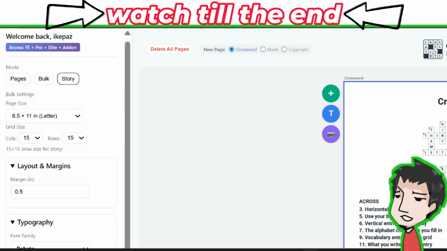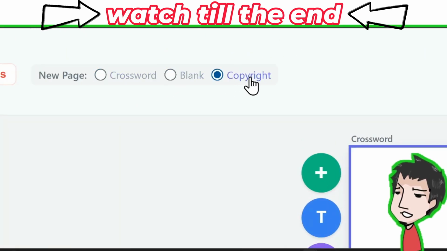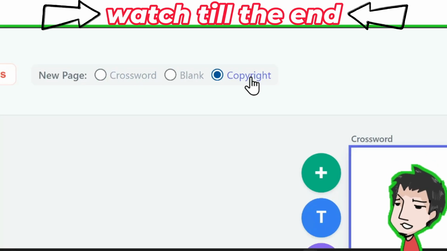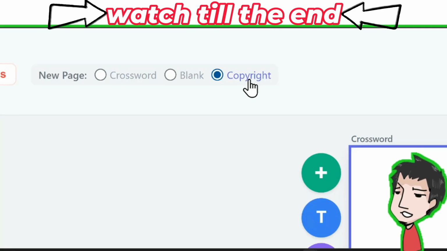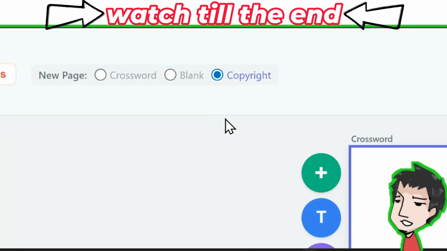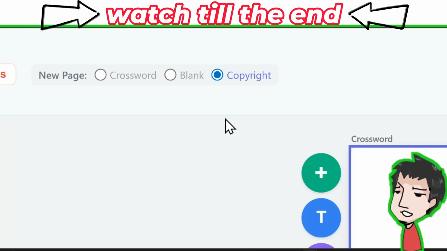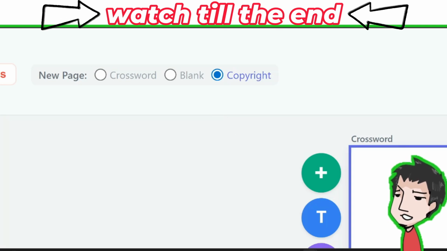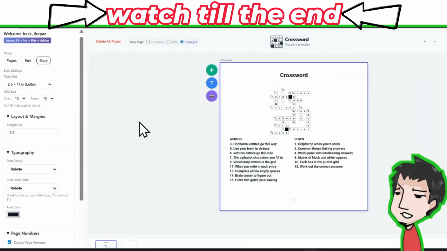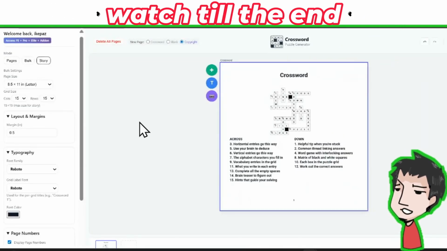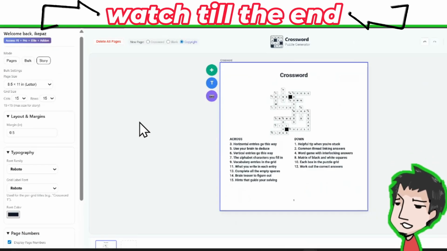Okay. Up here, you'll see you can add blank pages and your copyright. What I like to say, your essential pages. Your copyright page, you need this. It's your title and copyright. It tells people that this is your work, it belongs to you, and don't steal my work, right? Very simple. Okay, and that is the basic setup for all the puzzle apps within Manaka: Royalty, Shogun Pro, Elite